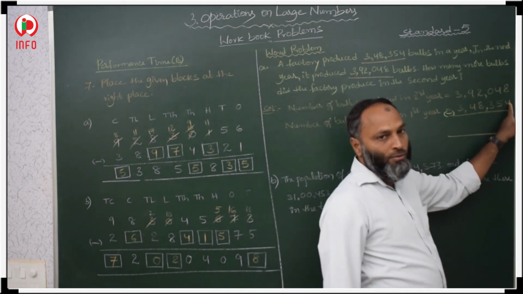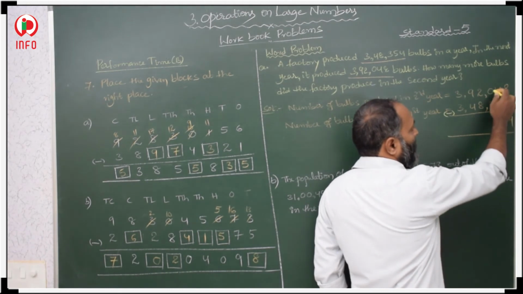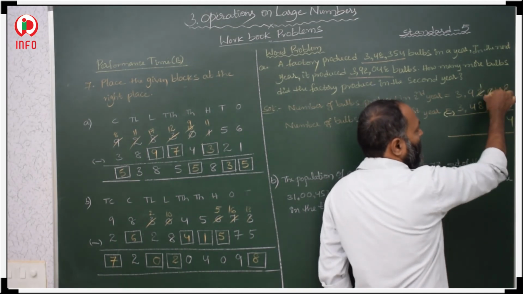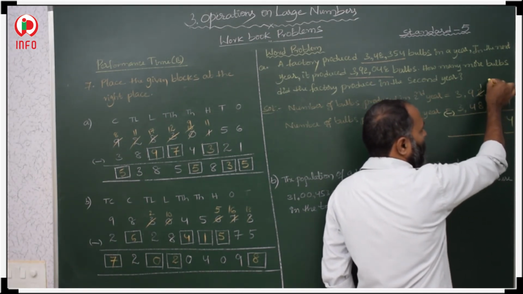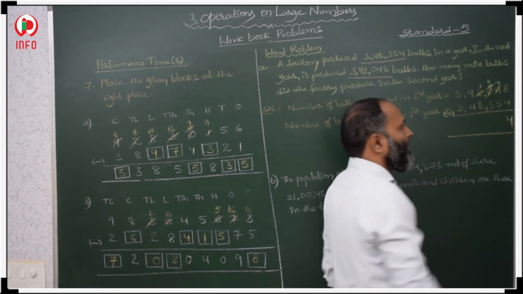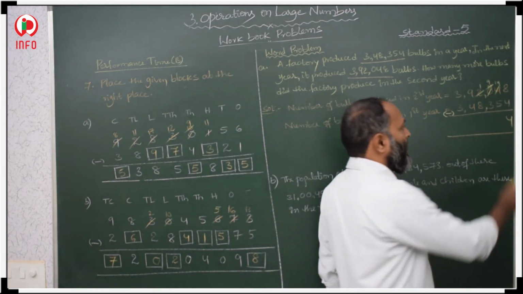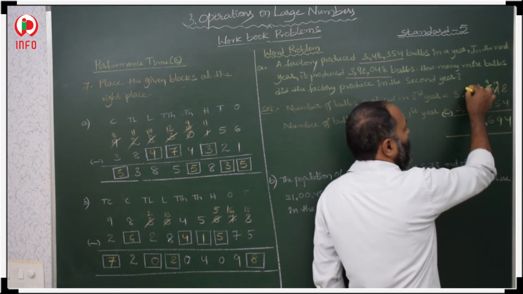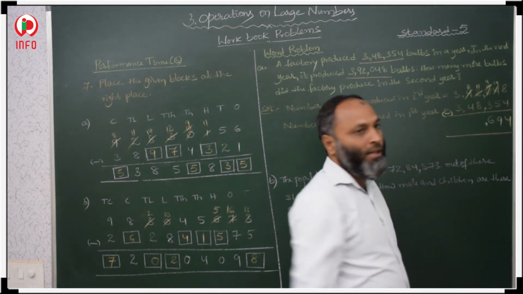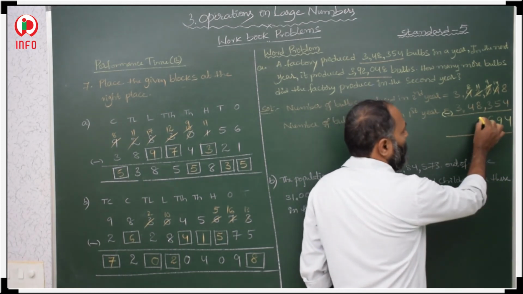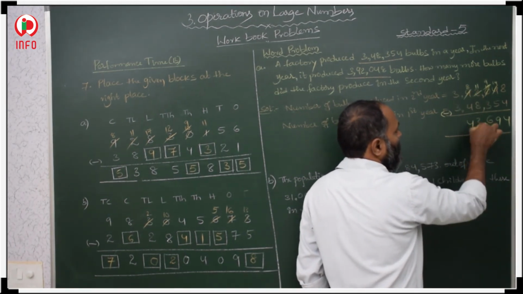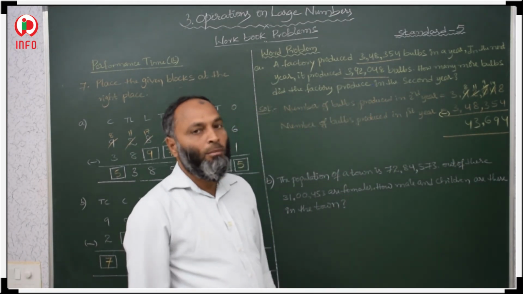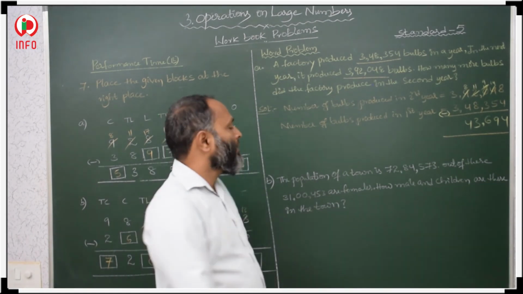Then 8 minus 4 is 4. 4 minus 5, so here we need to take a borrow from here. It will decrease by 1, it will increase by 10. Again from here, it will decrease by 1, it will increase by 10. 14 minus 5 is 9. 9 minus 3 is 6. Then take a borrow from here. It will decrease by 1, it will increase by 10. 11 minus 8 is 3. 8 minus 4 is 4. And this is 0, no need to take. 43,694 more bulbs were produced in the second year.